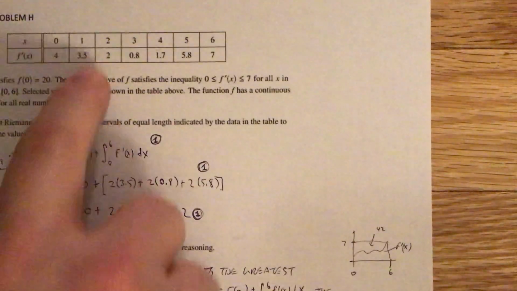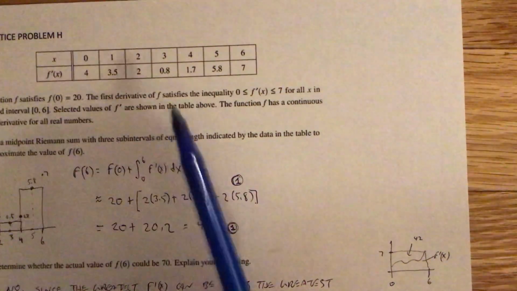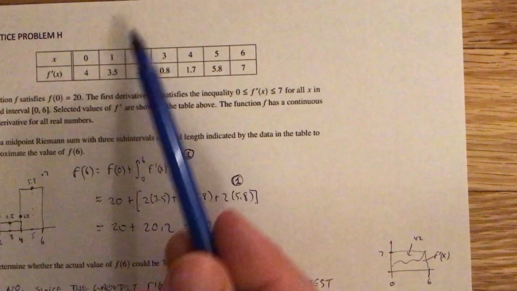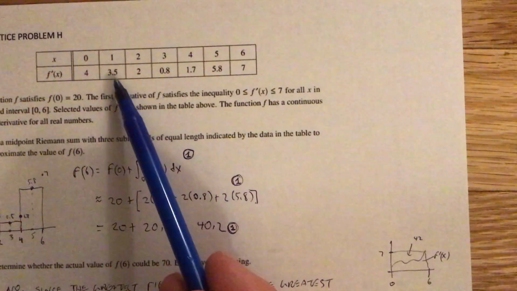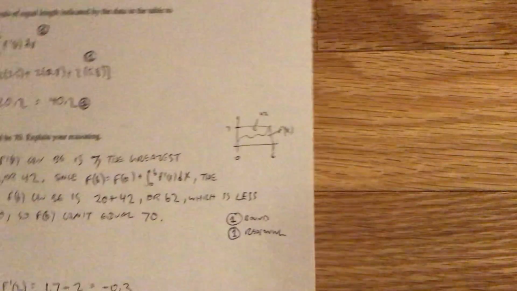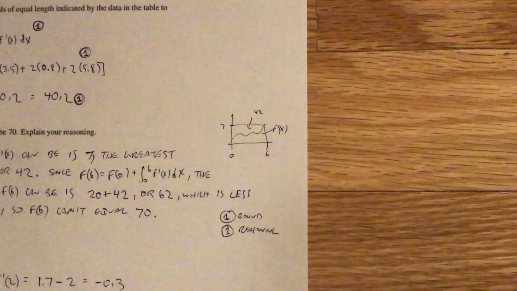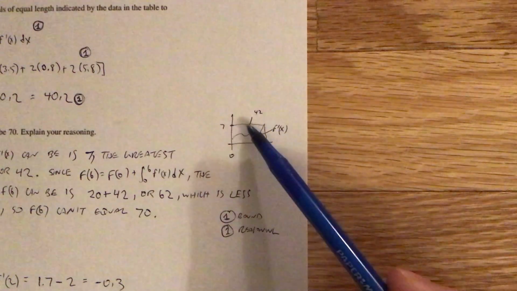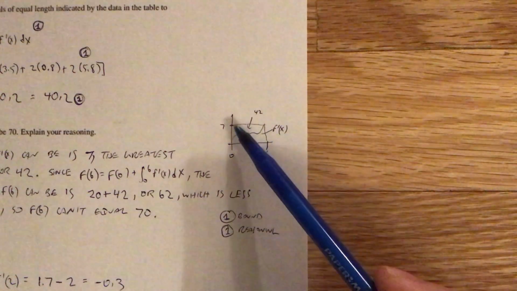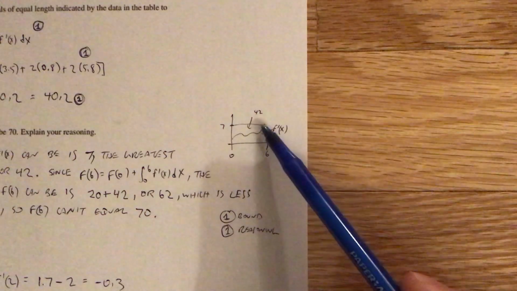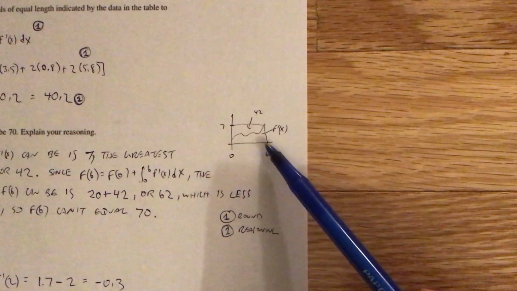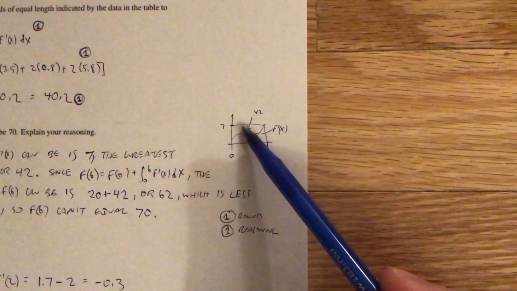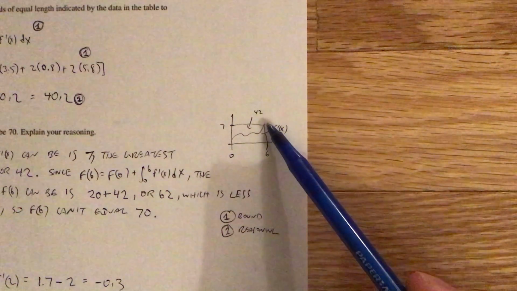Now, we know it's not actually 7 everywhere, but it could instantaneously, very quickly, drop to these spots. It could be 7 through most of this interval and just dip down on occasion. But let's assume it doesn't even do that. Let's assume it is 7 all the way across, which it's not even that. But if it were 7 all the way across, well, remember the integral gives area. So if we look at the interval from 0 to 6, and this function height is 7, what could the